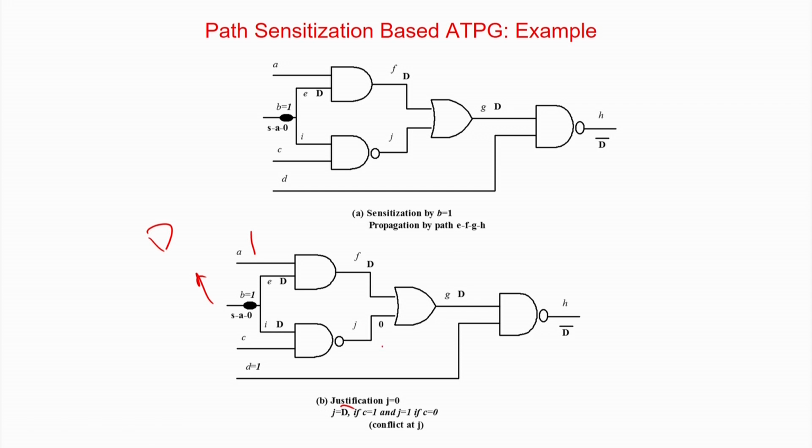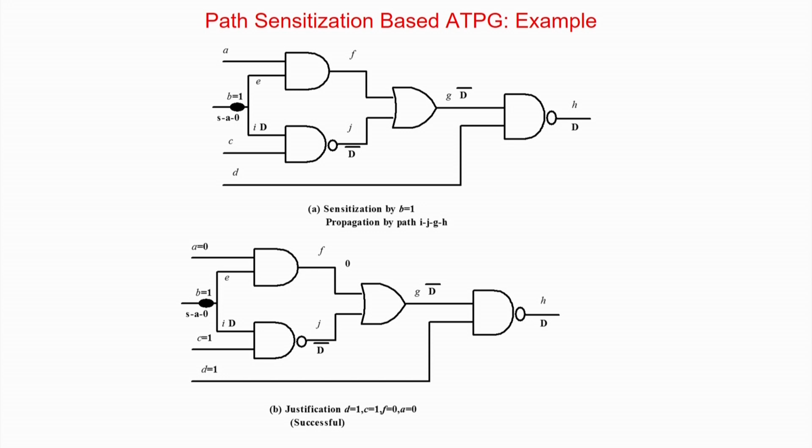So, there is a conflict, or a better way to observe is something like this. As I told you, so this is a 0. The NAND gate becomes a 0 only if both inputs are 1 and 1, because 1 1 is 1 for an AND gate and inversion will be a 0. So, this is the only combination you have, but here is already a D. So, there is a conflict; basically we cannot get a 0 over here. So, there is no question of having a 0 over here. So, this choice of path has been a problem for us. So, what do I have to do? There is another path possible to do this. Had this path not been available, we could have said this fault is a non-testable fault.